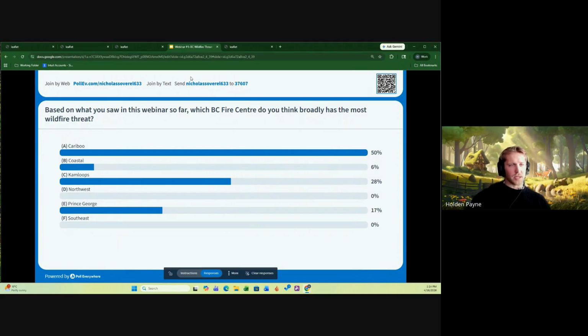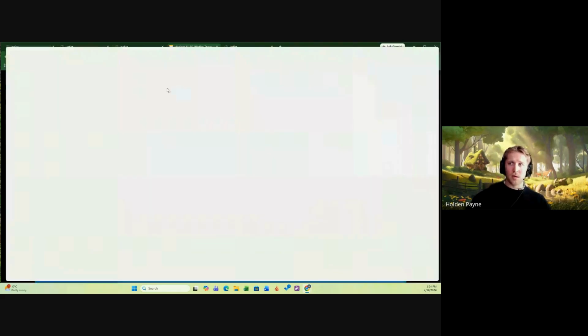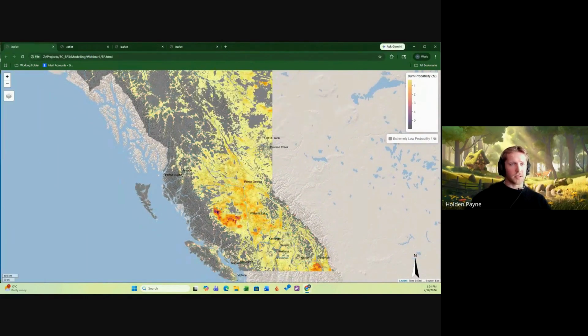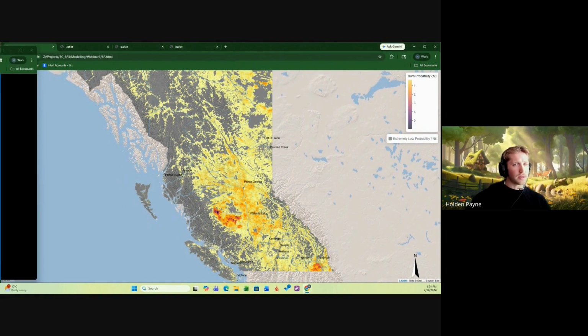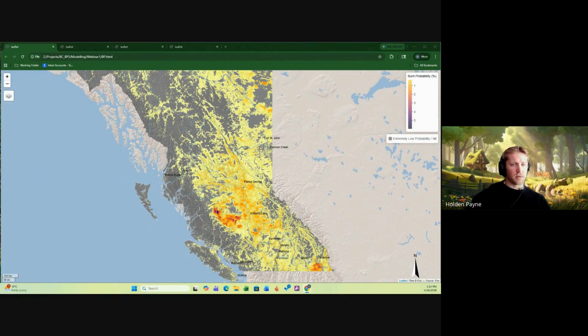Okay, cool. So it seems like there's some general agreement on where people expect extreme fire behavior in the coming years. Certainly what we've seen over the last couple of years and what we might see this coming summer. But I will jump straight to the data now so that everyone can get a look at that. This is our chief output that we want to share with y'all today as a result of our model. As I'm getting things up here, feel free to scan your eyes around the province and take it in, see if it jives with what your expectation of fire behavior and burn probability would have been.